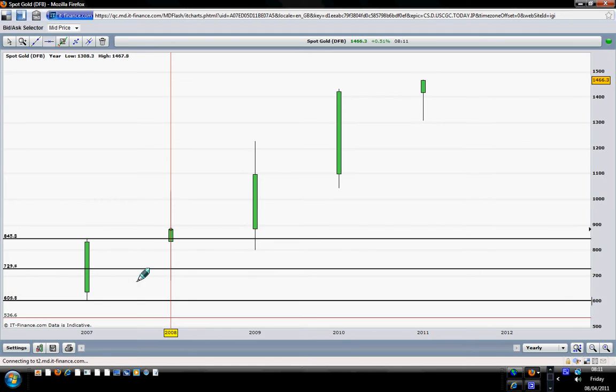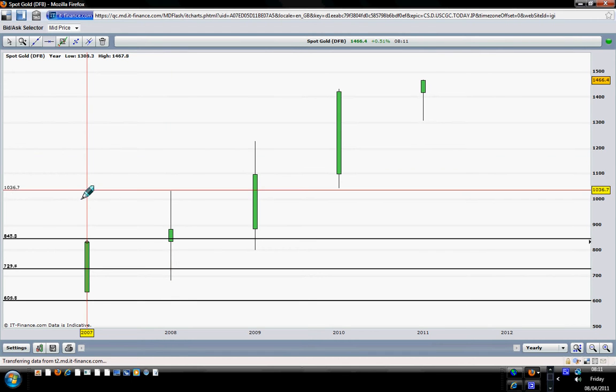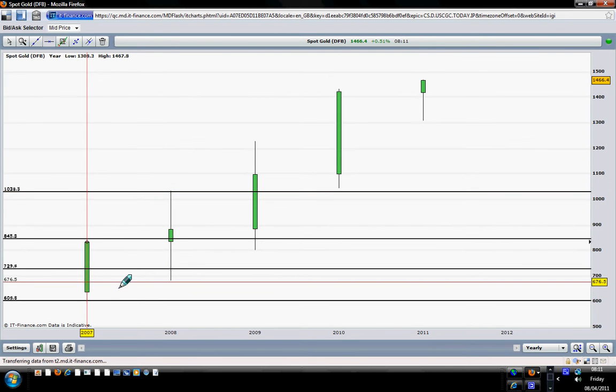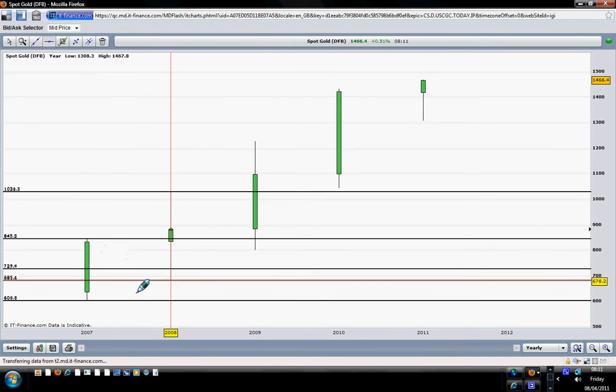Now we move to 2008. We will draw again our horizontal line at the high. Here we draw a high. This is a hot spot trading zone, and we draw another horizontal line at the low of 2008. This is a hot spot trading zone, and the middle line happened to be exactly